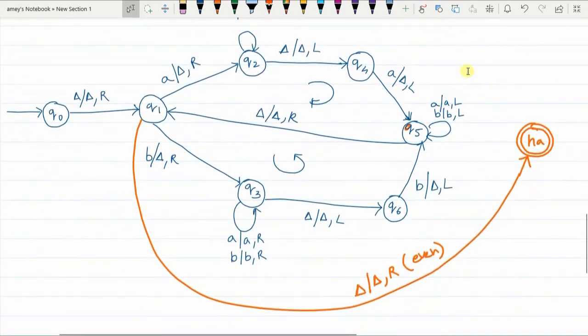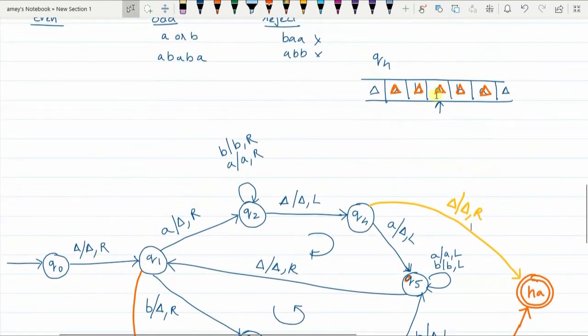So it's an odd length palindrome. So in Q4 state, if delta is encountered, like what is happening now, you replace delta with itself and the pointer simply moves to the right, and from Q4 you go to which state?